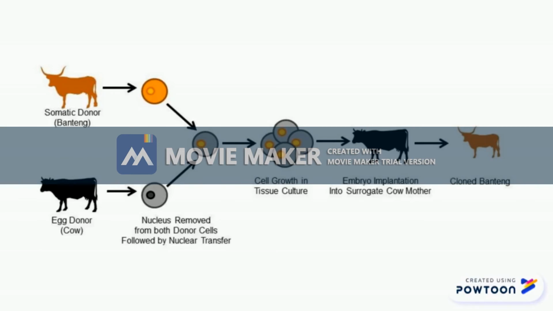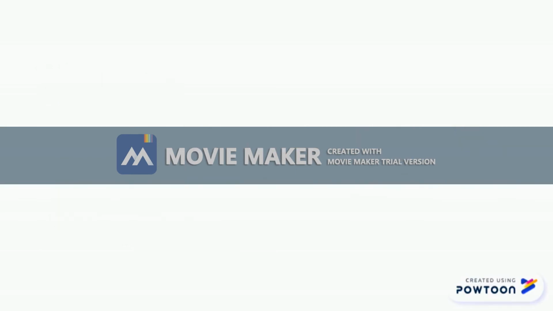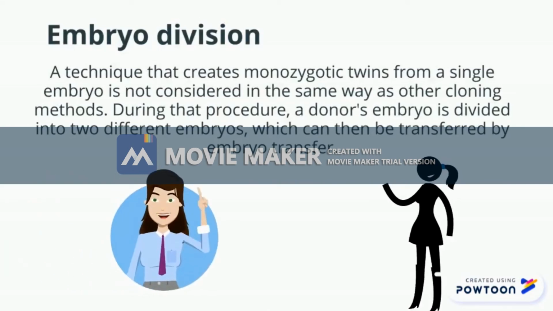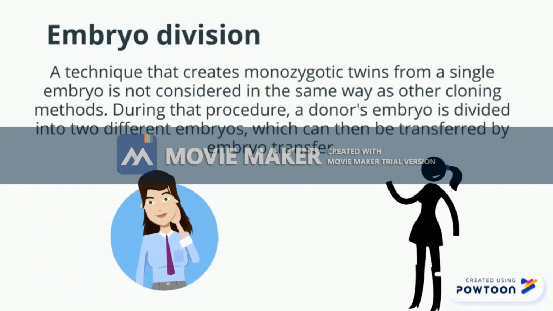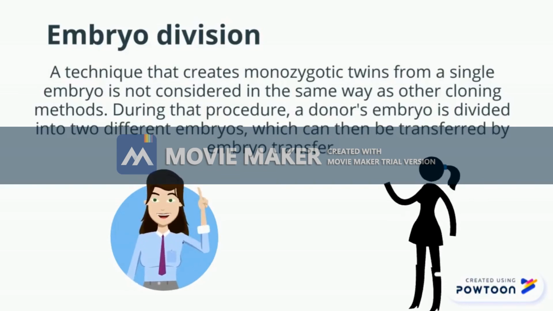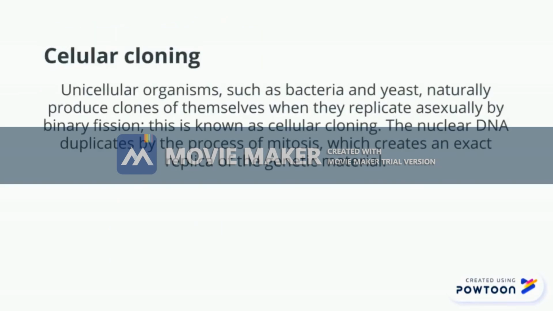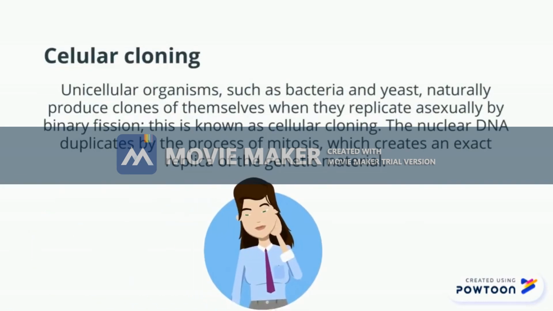Embryo division techniques that create monozygotic twins from a single embryo are not considered in the same way as other cloning methods. During that process, a donor embryo is divided into two different embryos, which can then be transferred by embryo transfer. Cellular cloning: unicellular organisms such as bacteria and yeast naturally produce clones of themselves when they